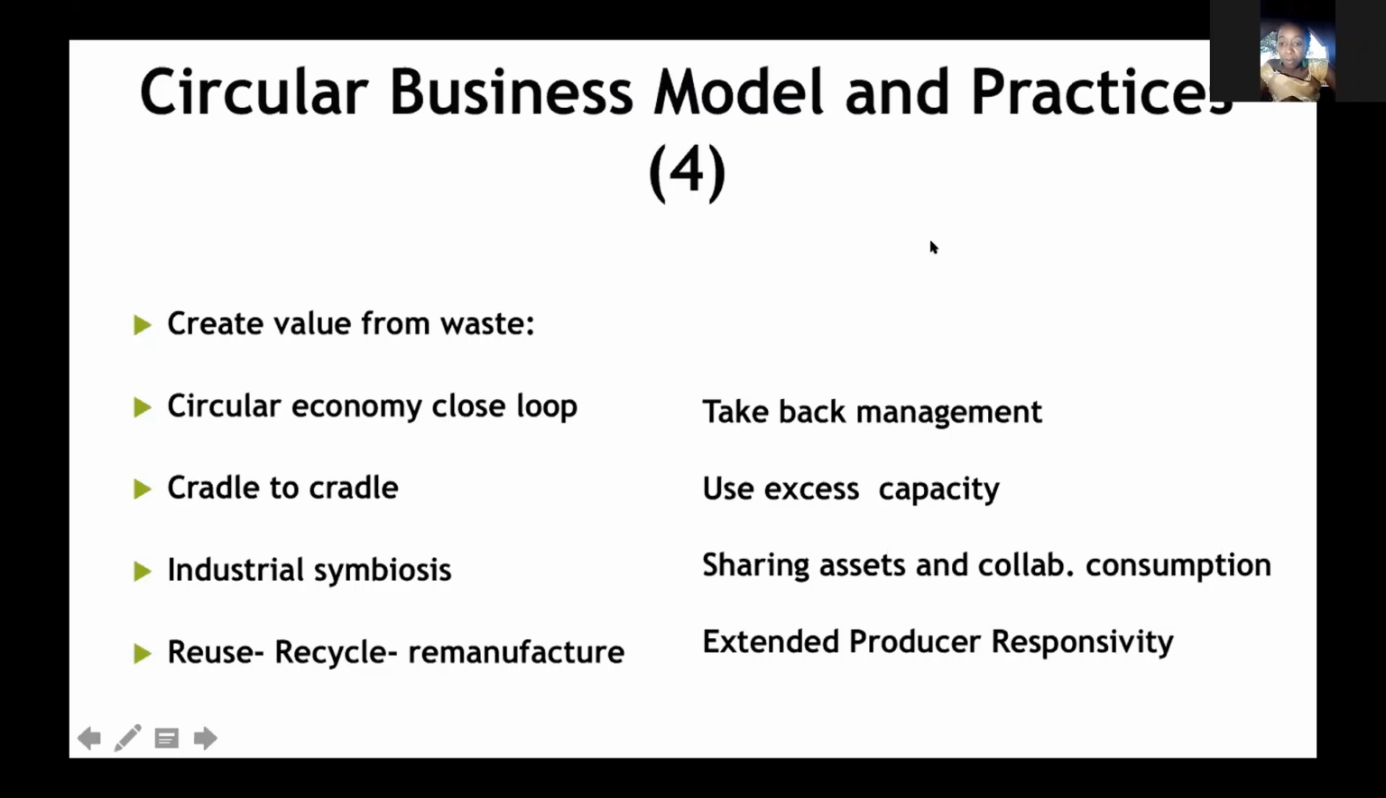So that will help them to reduce waste while producing, and also to be responsible for the waste